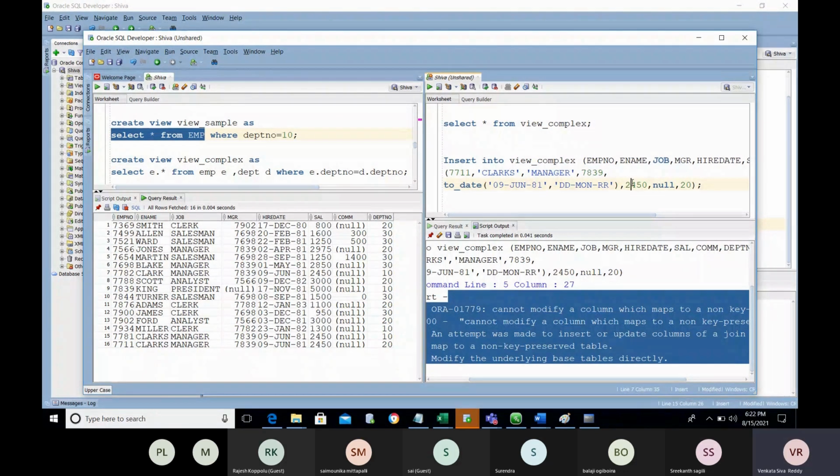While working with a complex view, you cannot insert, update or delete the data, because the system needs to know which table each column belongs to. You haven't mentioned anything in the complex view. If I get the data, we need to mention which table and column it must be inserted into. Then only it allows storing the data.